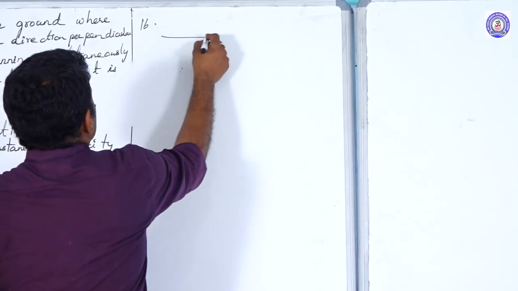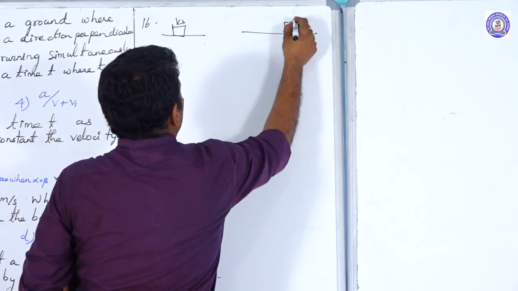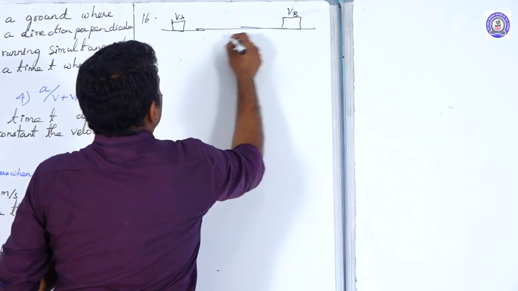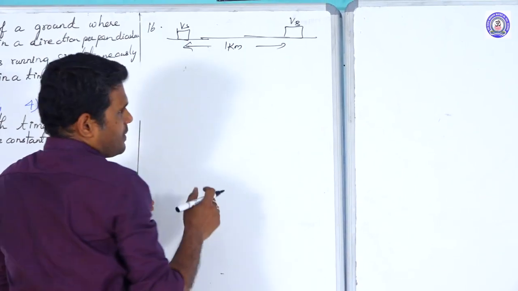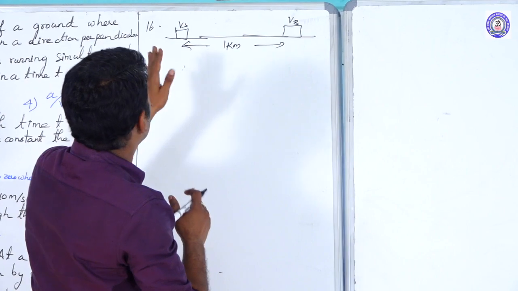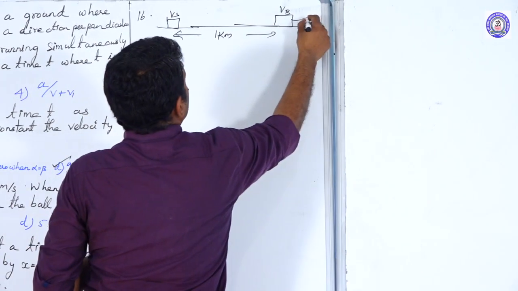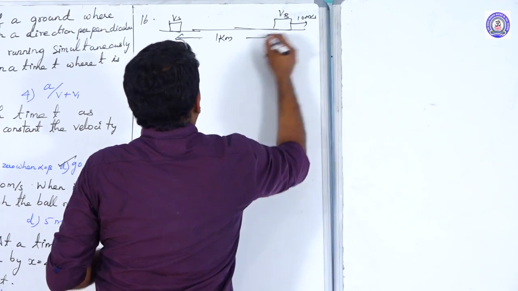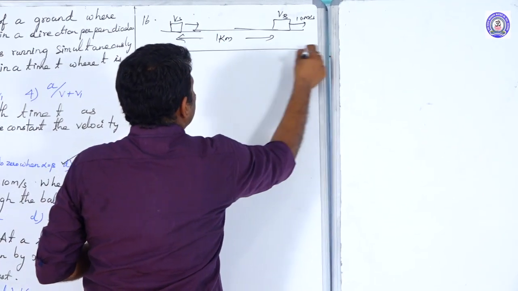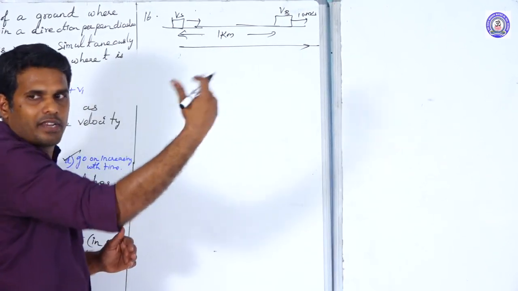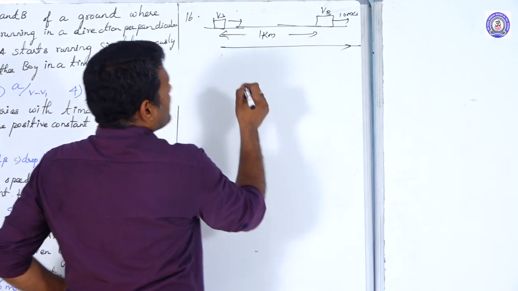Right? The scooterist is moving. The bus is moving at a particular distance. They are kept separated, or they are at a distance of 1 kilometer. The bus is at a distance of 1 kilometer from the scooterist. The speed of the bus is 10 meters per second. What should be the speed of the scooterist to chase the bus, to overtake the bus? That's the question. So we can go here.